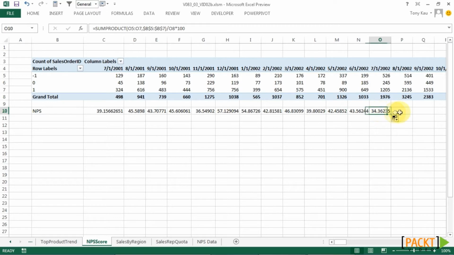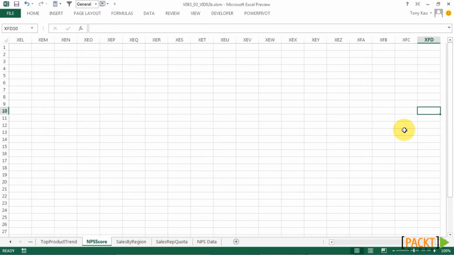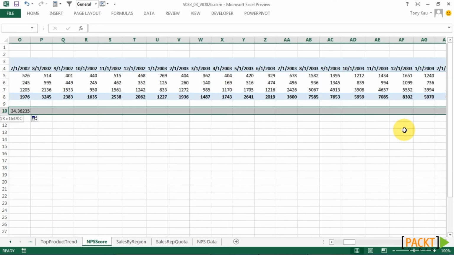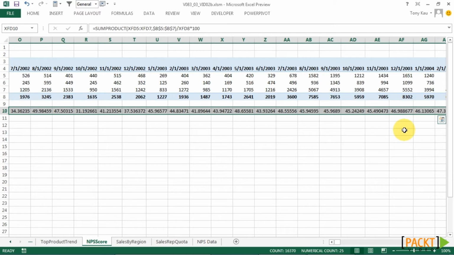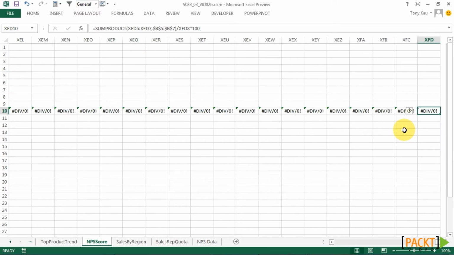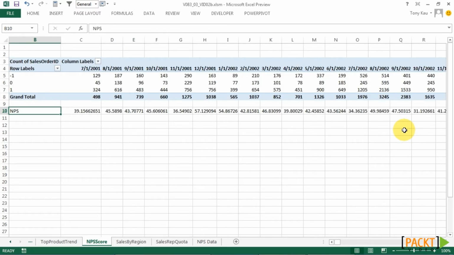And let's go ahead and extend that to the end of the workbook. I'm going to push Control right arrow, which will take us to the end of the document. I'm going to push Control Shift left, which will take us back to that last cell. And then I'm going to hit Control R, which will copy the cell across the entire row. So you can see we've got it all the way back out here to the end of the workbook. And of course it goes to the beginning. That'll allow us flexibility if we add more months in the future, which is pretty likely if you're making a